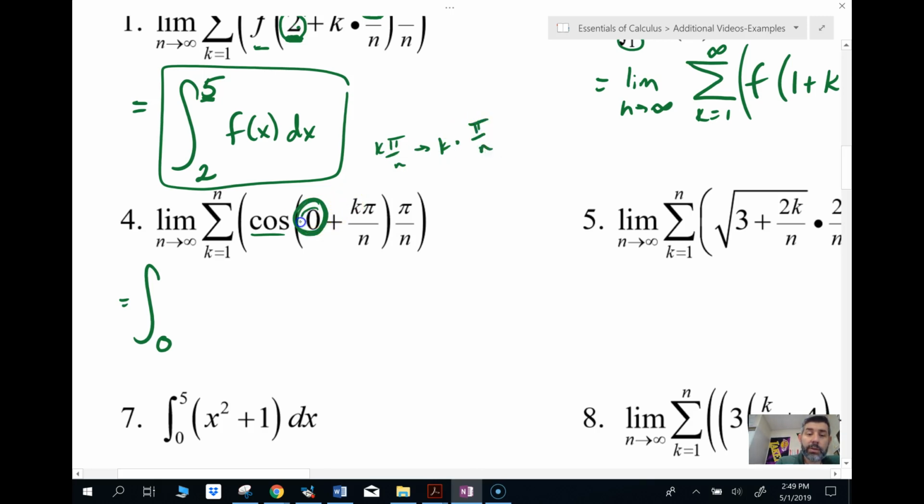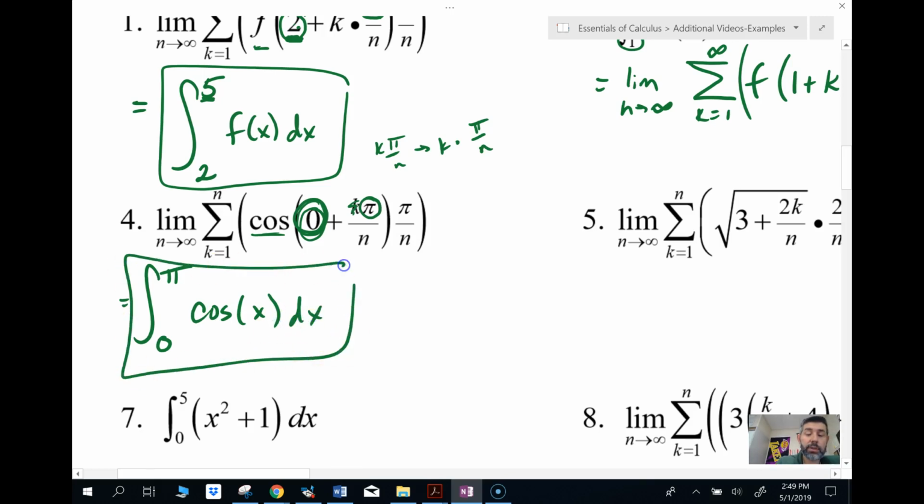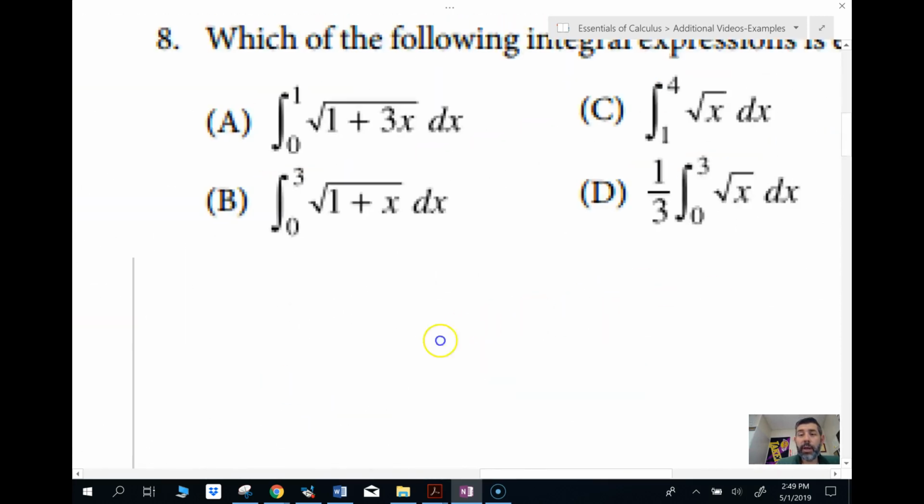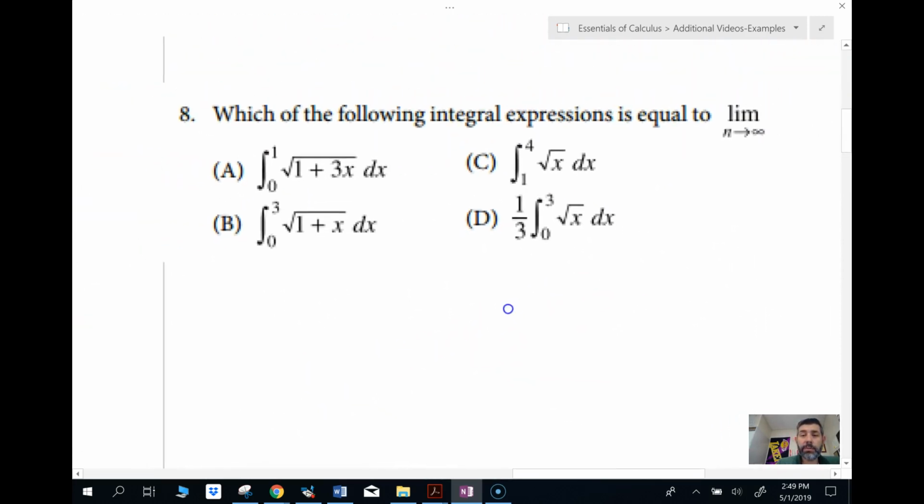So what am I going to do? I'm going to take 0 plus pi. I just disregard the k. 0 plus pi is going to be pi. What's my function? It's cosine of x dx. And that's it. That's all there is to that. So let's take a look at the example that was from the released problems